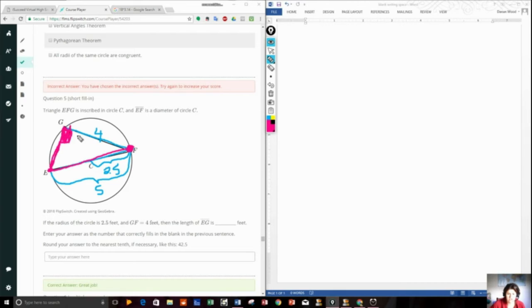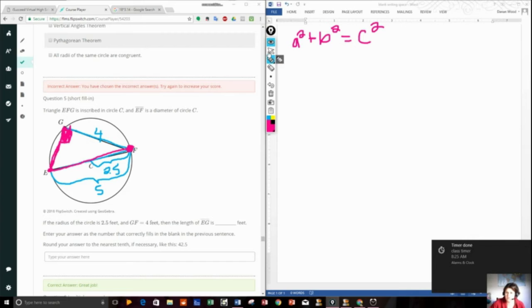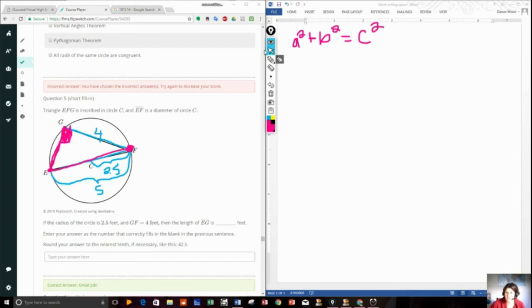So angle G is 90 degrees, and since angle G is 90 degrees, we have a right triangle now, and we can use the Pythagorean theorem, a squared plus b squared is equal to c squared. Now our hypotenuse is always across from our 90-degree angle. So our hypotenuse is 5